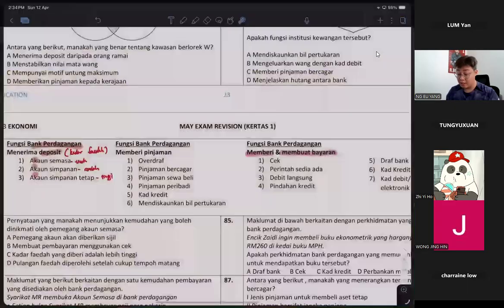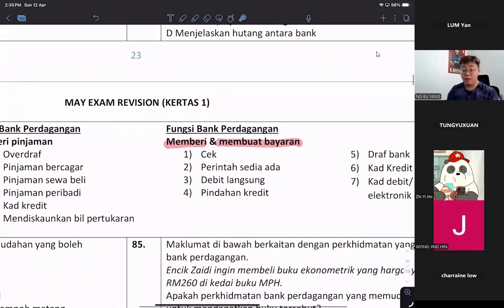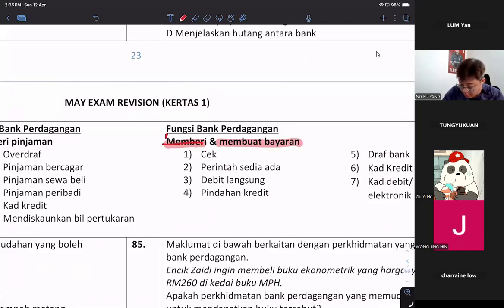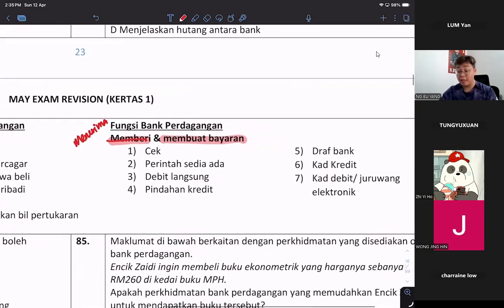Okay, we change the title. It's not memberi dan membuat bayaran. When we try to give and make payment, it's the same thing. So menerima dan membuat bayaran. Okay, we change the tajuk a little. Menerima dan membuat bayaran. So we can use the